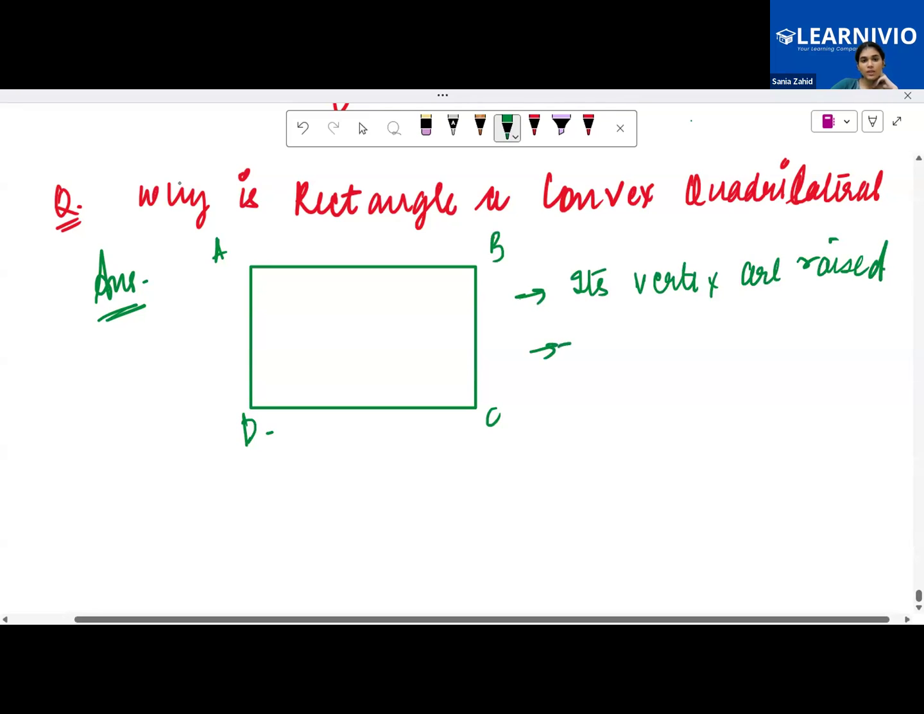Vertex are raised means that whenever you join these vertices, it will form an interior line. Like you can join A and B, you will trace the previous line only. When you join A and C, you will form a diagonal. When you join D and A, again you will trace the line. D and C, you will trace the line. D and B, you will get a new line. But the new line is in the interior of the quadrilateral. If you draw like this, no wait, you draw like